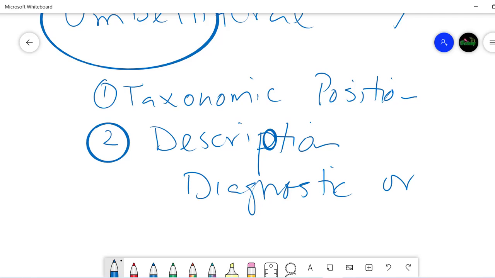If you are new to taxonomy, or new to description terminology, obviously it is going to disturb you in the beginning, or it might become very difficult for you. But don't lose heart, and you will have to work hard. So with these remarks, inshallah, in the next video we are going to start the description of the family Apiaceae. So hopefully this video was just a very basic, very simple guideline,